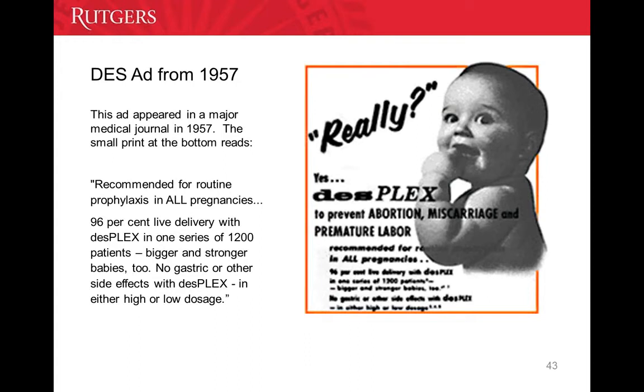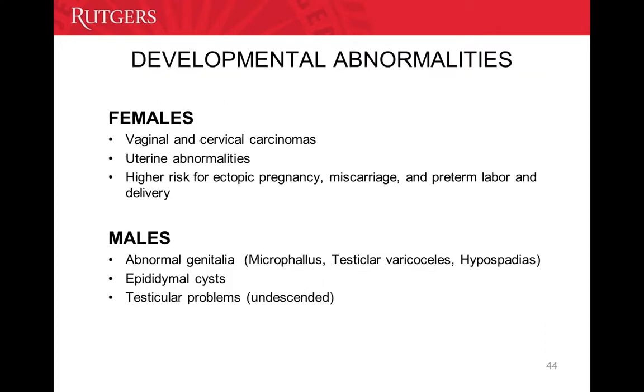But here's an ad from a medical journal back in 1957, and it's for DES. This formulation is Desplex, and you can see where it says recommended for all routine prophylaxis in all pregnancies. 96% live delivery with Desplex. Bigger, stronger babies. So it was a product that was marketed aggressively in the U.S. and other places. And as it turns out, the results for the offspring, so not mom, but the children that mom had,